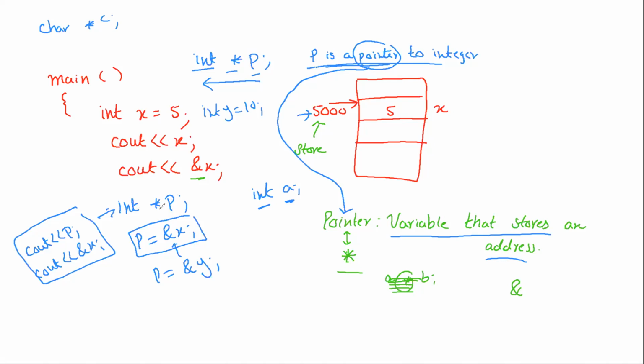You read it right to left. p is a pointer to integer. Or you can say p is a variable that will hold address of an integer. Okay, and now you have p, you can copy address of any integer in p. And you already know that we have this symbol which gives you address of any variable. So if I write it with x, it is like address of x, which is 5000, and I can copy that 5000 in p, which is a pointer. So you can now display address of x by writing cout p, or you can write cout address of x. Both of these statements will give you the same thing.